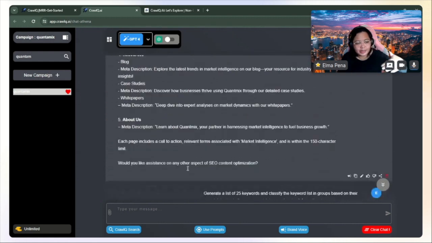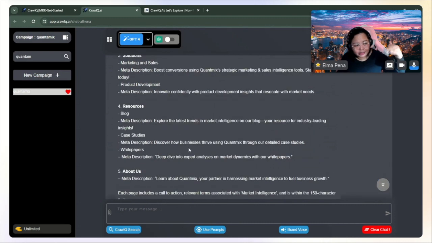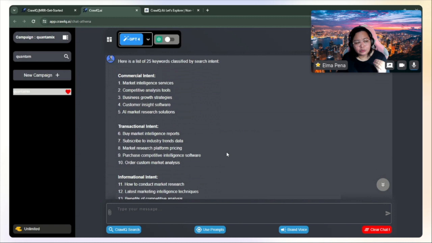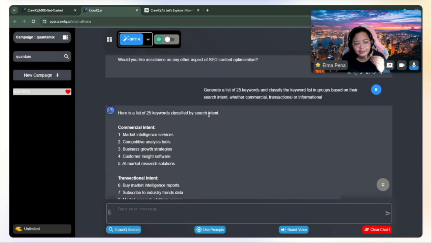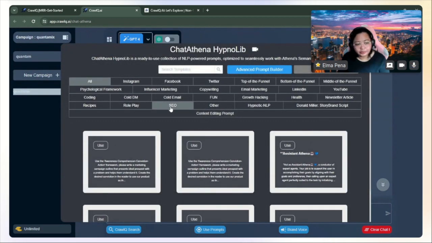So this is how we did the website. We had these pages available, and then I also looked for the website's keywords classified by search intent. So generate a list of 25 keywords and classify the keyword list in groups based on their search intent, whether commercial, transactional, or informational. Is that a prompt that's already in there? Yes, so you go to prompts, SEO,